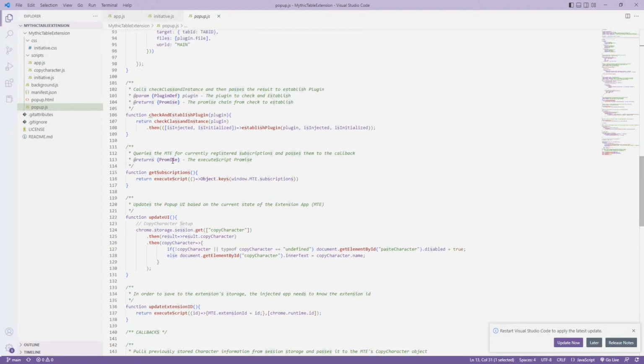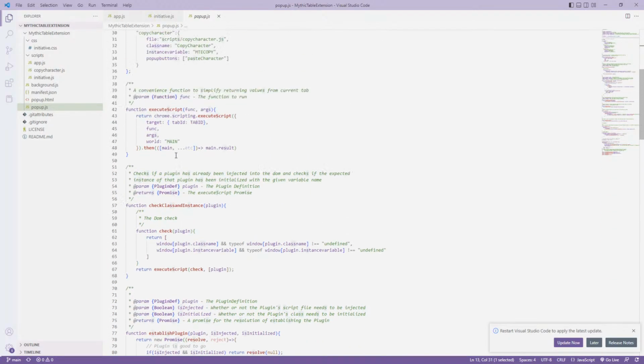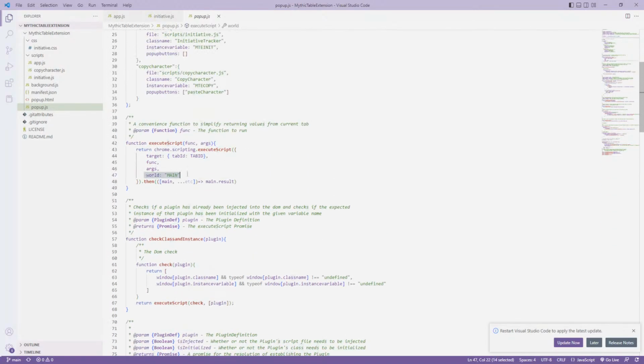So if we look at execute script here, this world main is the key ingredient. You have to do Chrome scripting, execute script, and target the main world. If you do not do that, if you are inside of a content script or inside of this pop-up and just want to try to get some values off the DOM, it does not work. You have to inject code directly into the web page in order to get access to this store and all